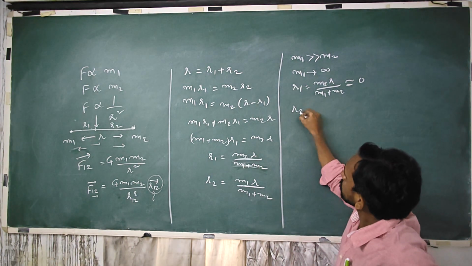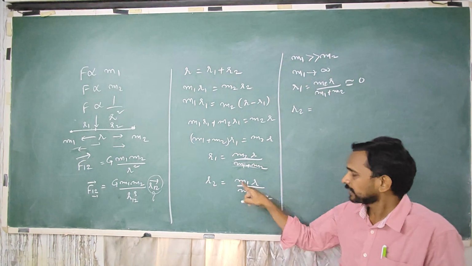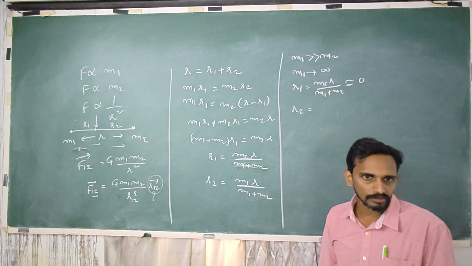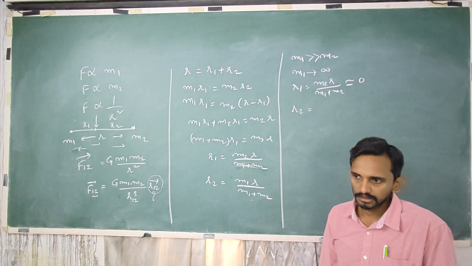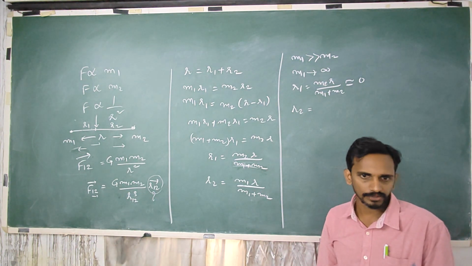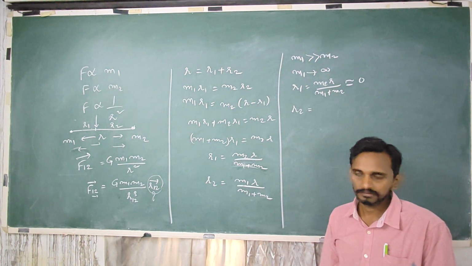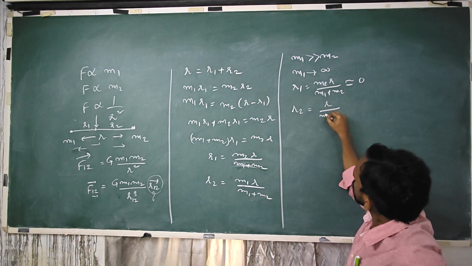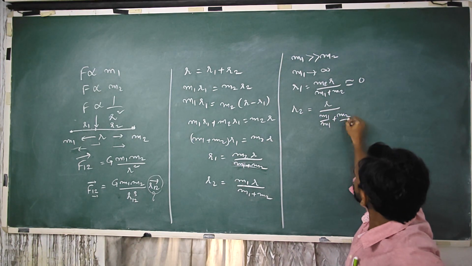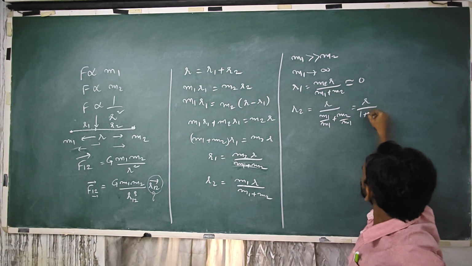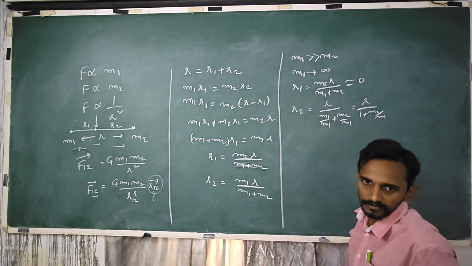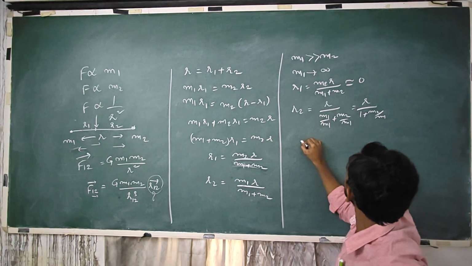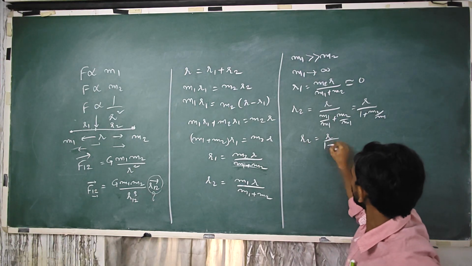Okay, what about R2? You have to place an infinity here and infinity here. So whenever you have infinities in the numerator, shift it to the denominator. So this equation becomes R by m1 by m1 plus m2 by m1. So R by 1 plus m2 by m1. So R2 is equal to R by 1 plus